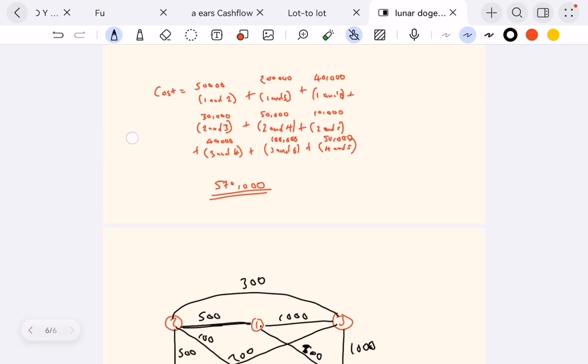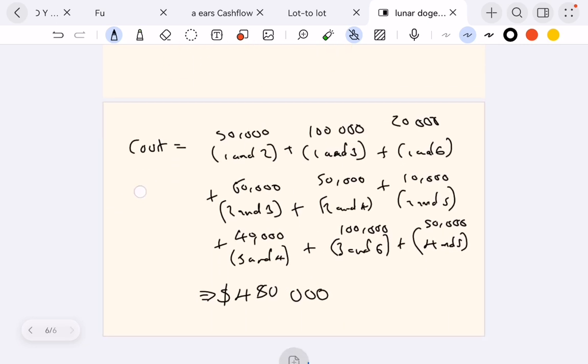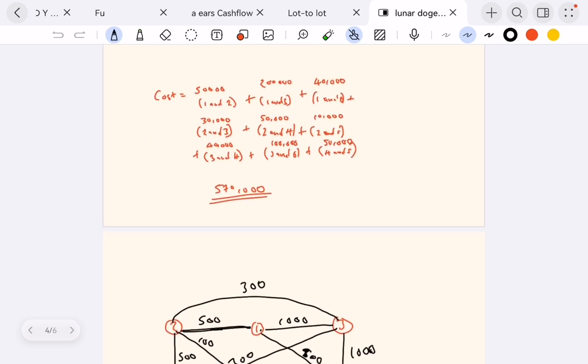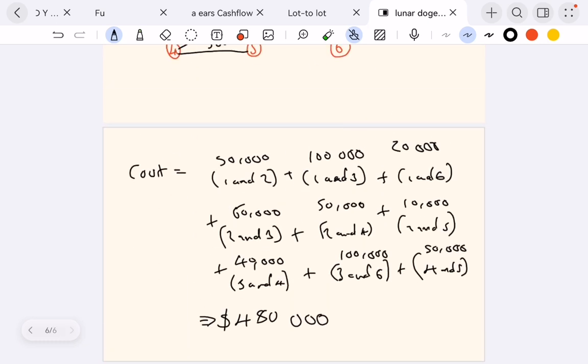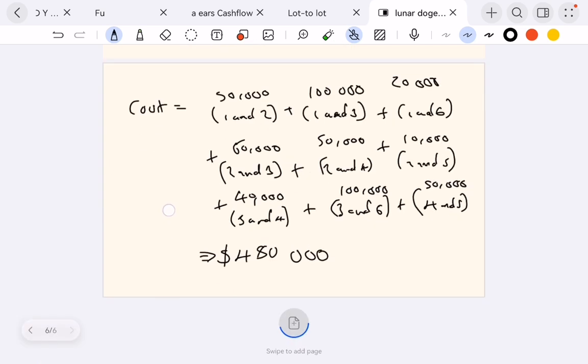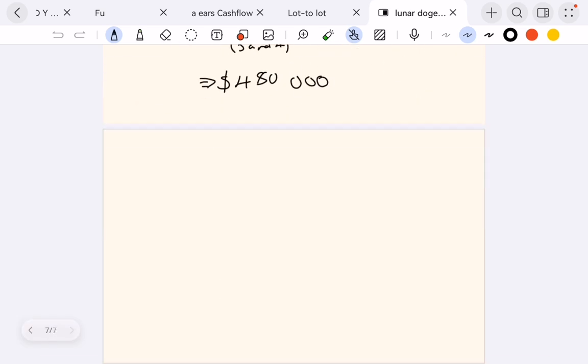The first one we were spending 550. Here we were spending 570. Here we're spending 480. We're saving a lot. So we're trying to minimize the cost. So that's what was needed. Well, that's what needs to be done. Then from there we can even draw now